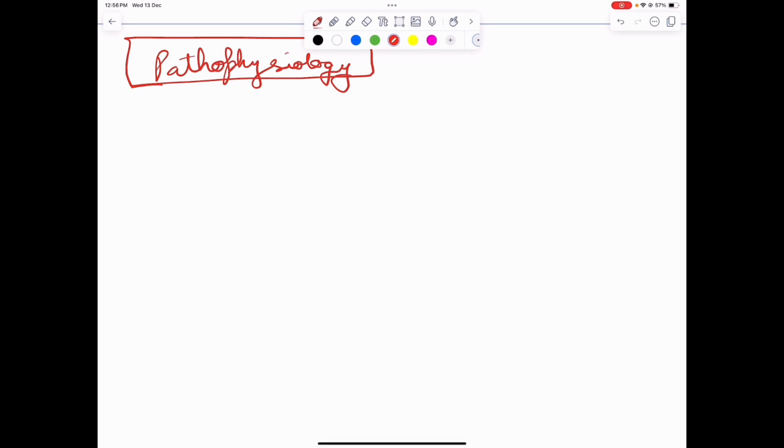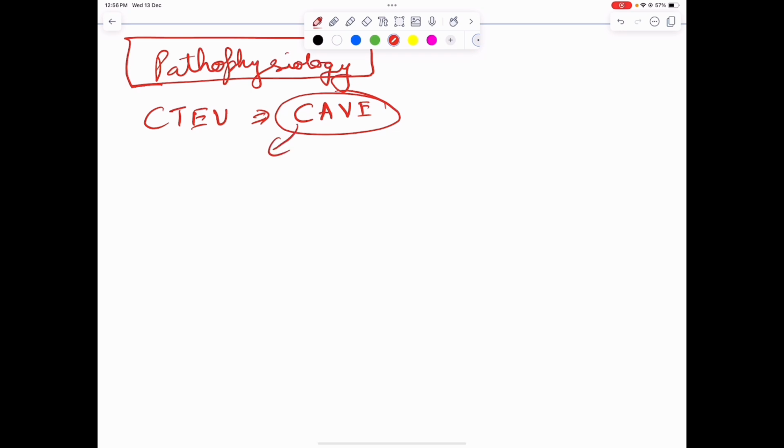Now, what happens in CTEV? In CTEV we have CAVE abnormalities. CAVE is cavus, adduction, varus, equinus. These are all the abnormalities that are happening. So how will we remember? Here we are moving from distal to more proximal part. Now, you should remember how this is formed. Let us first write it down. What are the cavus, adduction,